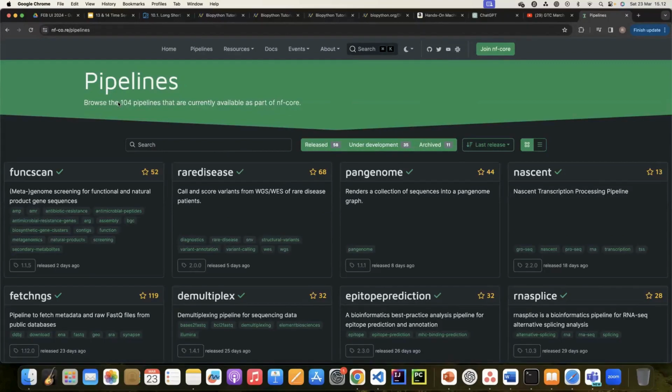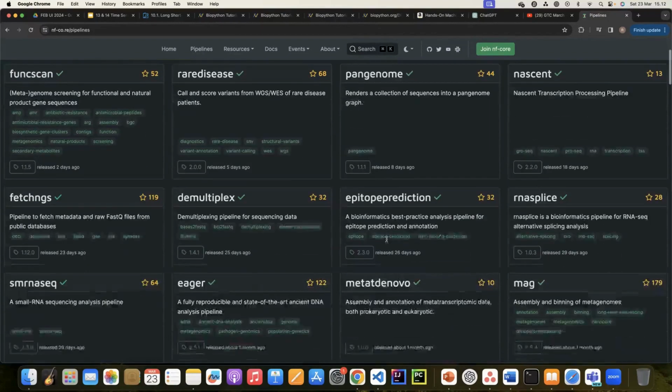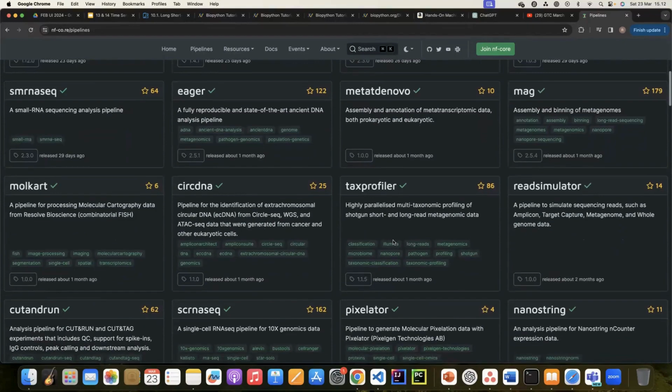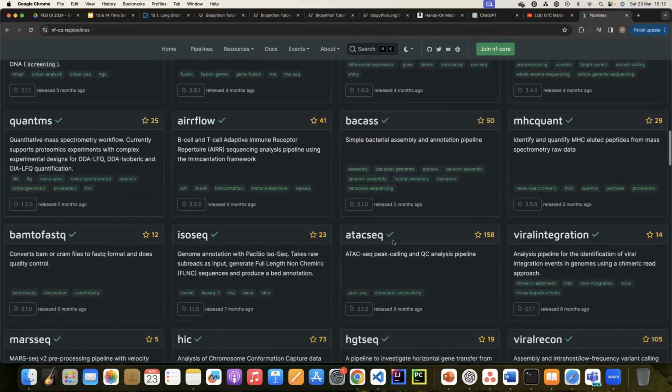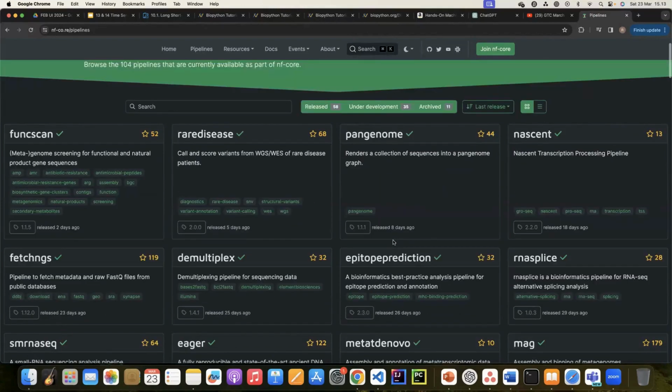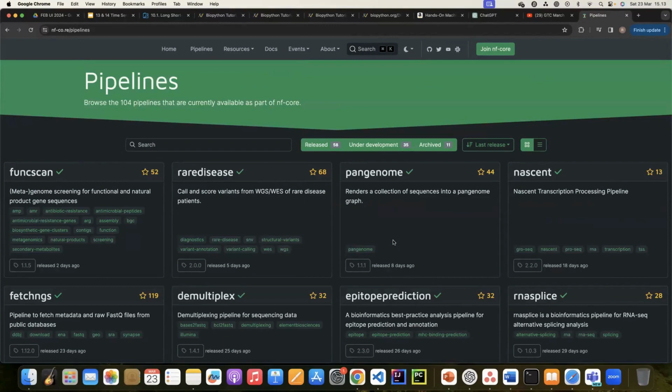Currently, there are 104 pipelines. Okay, and you can just search, like functional scan, metagenomic, rare disease, pangenomic, and so on. Oh, a lot, yeah. So instead of trying to make a pipeline for a specific use case, usually the best way is to reproduce the pipeline in Snakemake and also in Nextflow, and then try to see what kind of modification, let's say for data pre-processing or data post-processing, you can do to adapt your data to